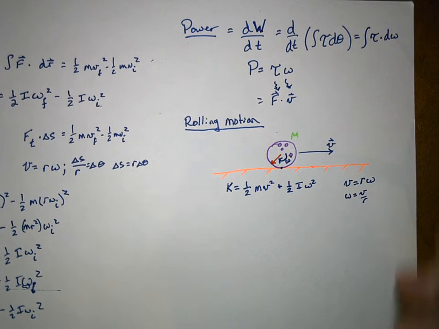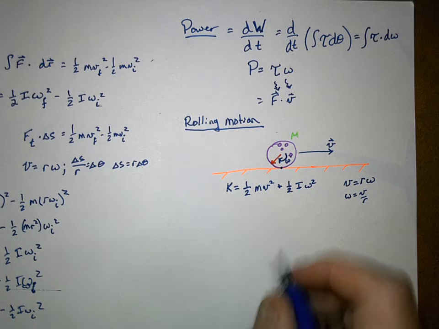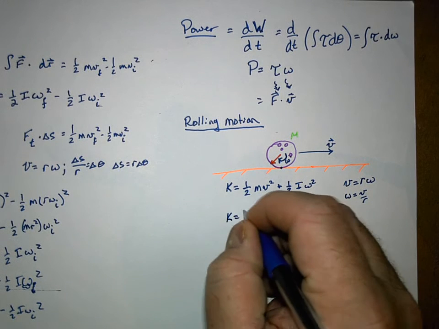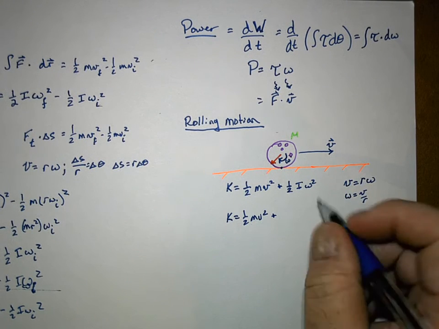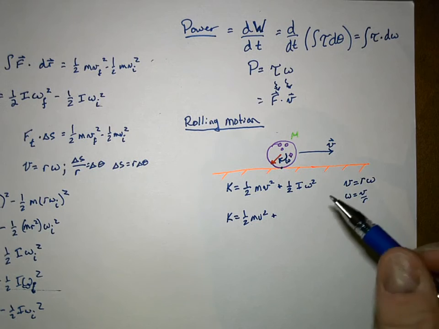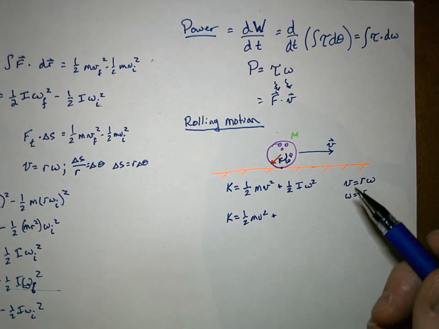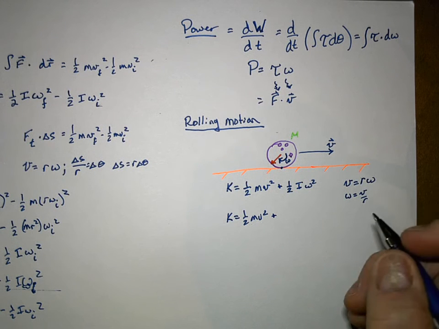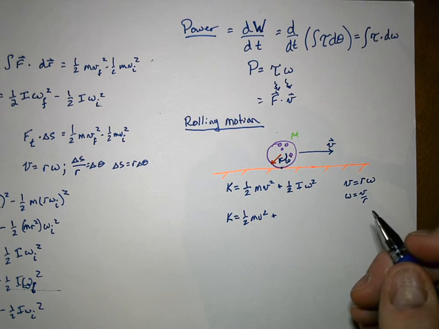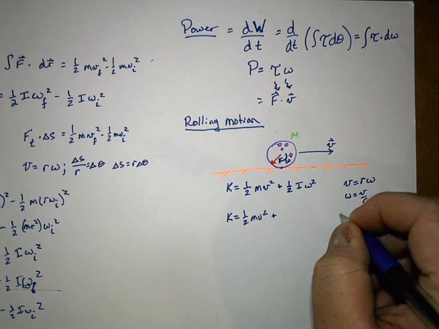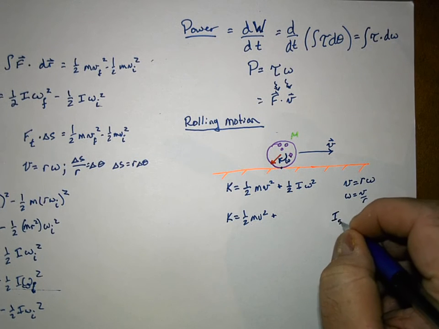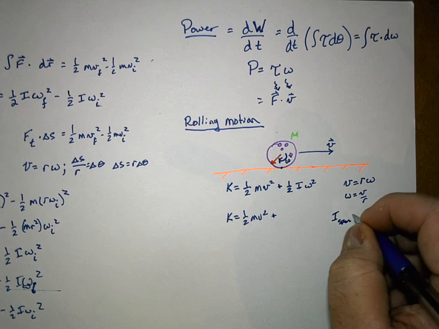That's going to be important when we start relating these to each other, because our K is then going to equal 1/2 mv squared plus, now I can look this up. That's why we have these tables. I'm not going to expect you to calculate the moment of inertia for a solid sphere, but I will tell you that I for a solid sphere is